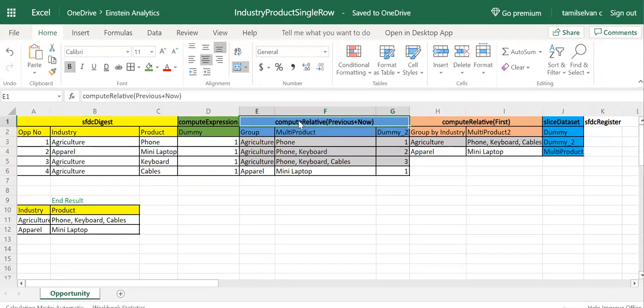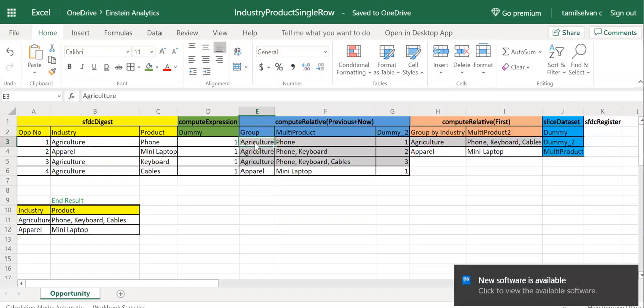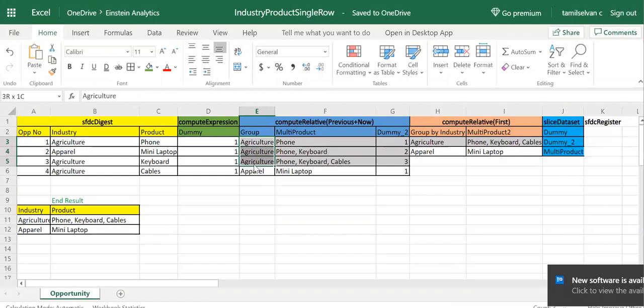In compute relative, we can get information from other rows and apply the calculation. For that, we will be grouping the data. So we have grouped by industry. All the agriculture will come first, then apparel, because we grouped by industry. So all the related rows come together.